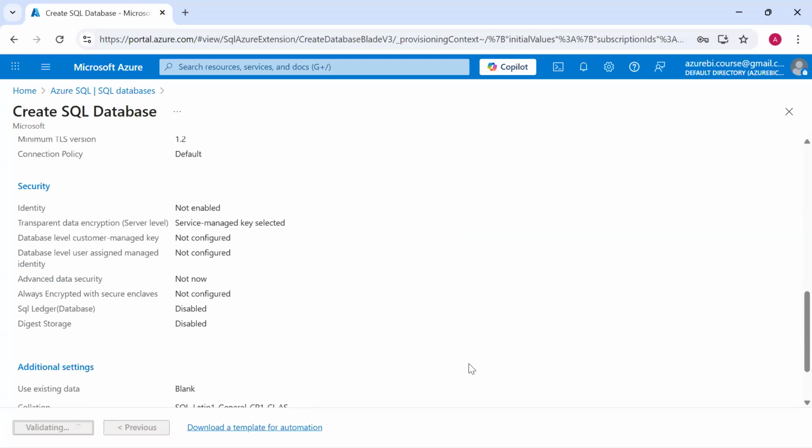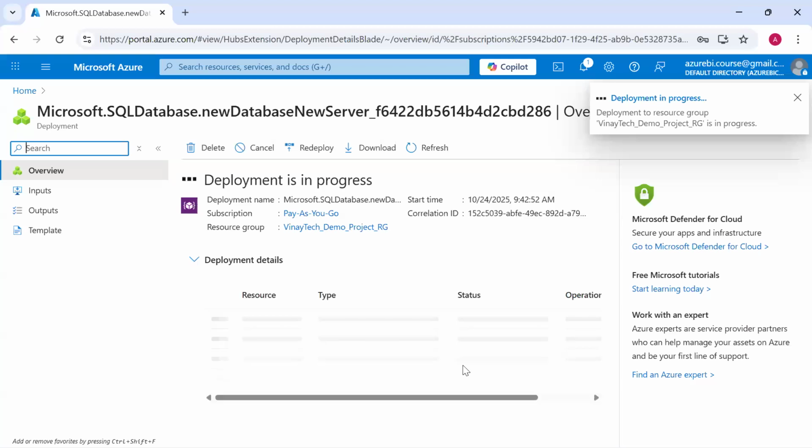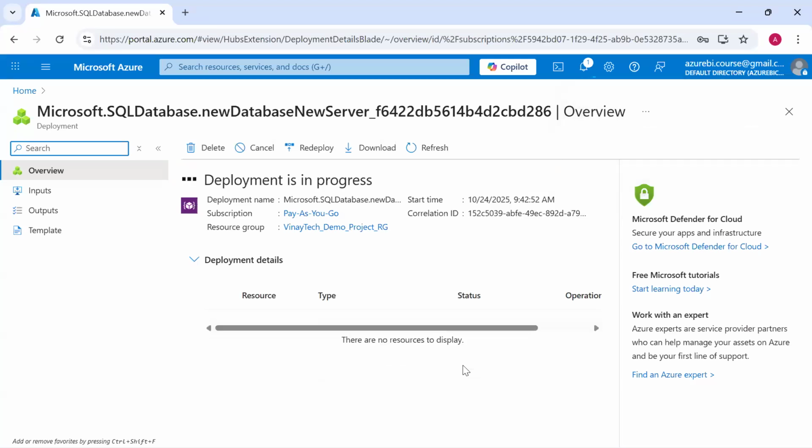See, it starts deploying. So how can we access this database? How can we write queries? Where do we write queries? Anyone know where we write queries? SQL Server queries? Which tool do we use to write a SQL query? Select statements. Anyone have any idea? SSMS is one tool, Data Studio is another tool.